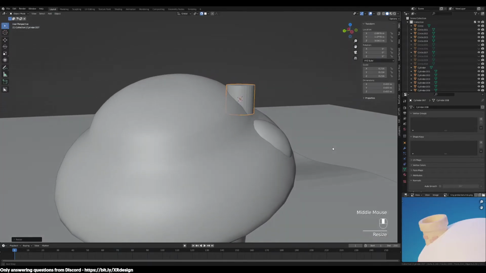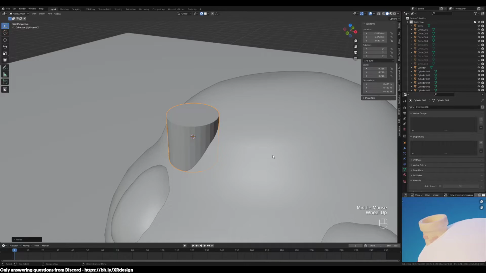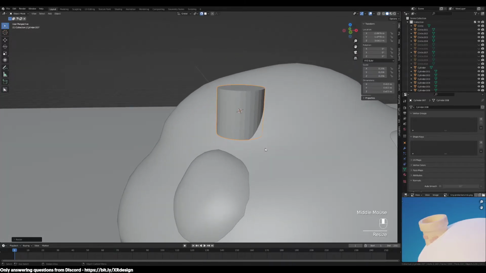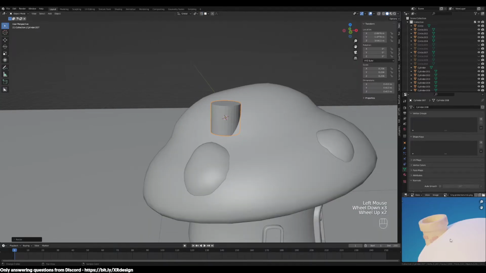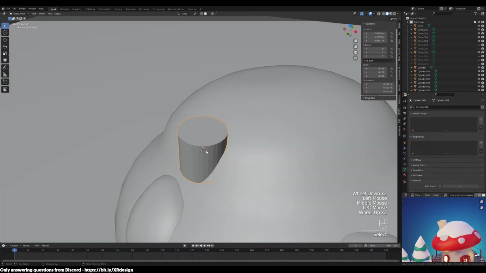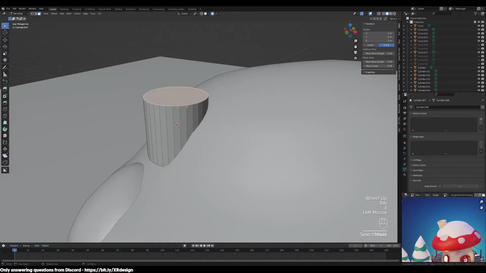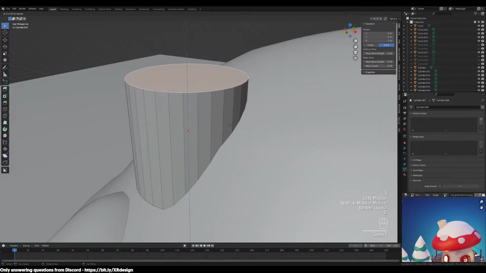So create that cylinder, scale it in, and for this one it doesn't necessarily have to snap to the surface actually, because you'll notice it's not parallel to that surface. We're creating it at another angle, so don't mind snapping at this point, but let's create that